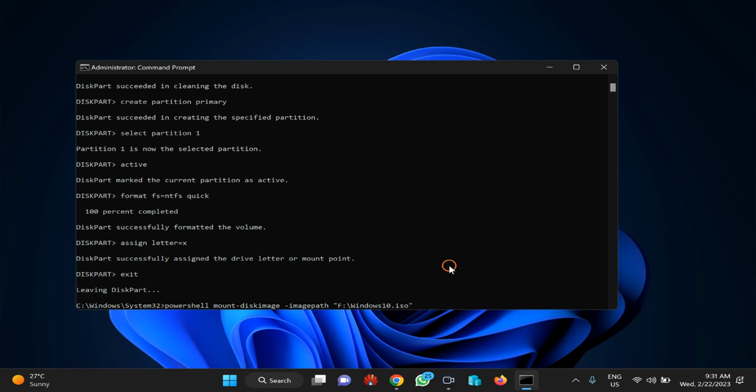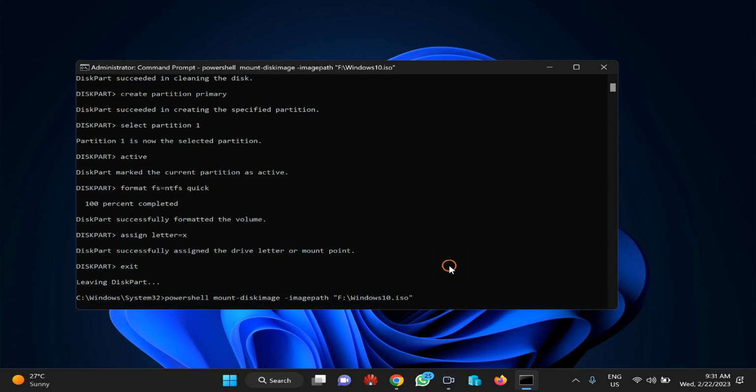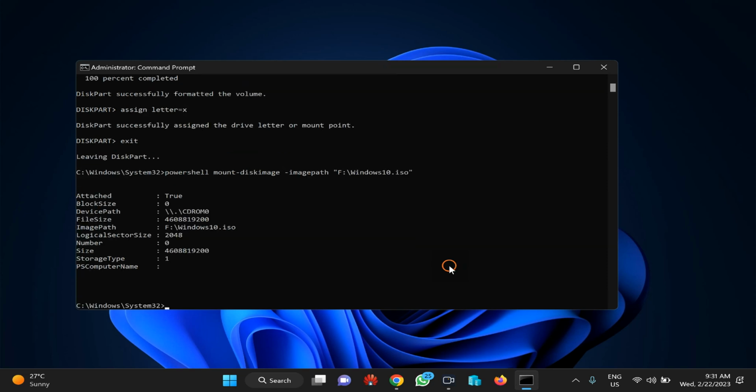Again, put inverted commas and press enter on the keyboard. This will mount your Windows ISO in a virtual disk. As you can see on my screen, it has been mounted, and now I am going to copy these files to the USB disk, which is required to boot Windows through pen drive or USB disk.